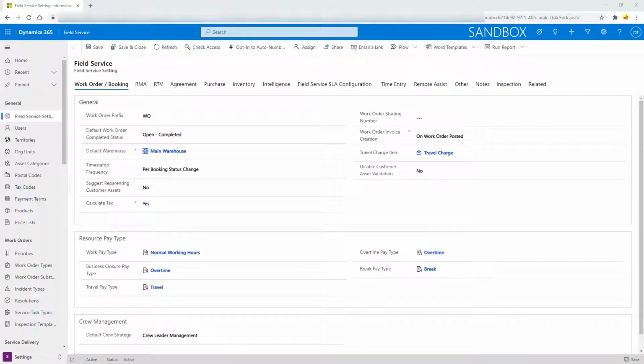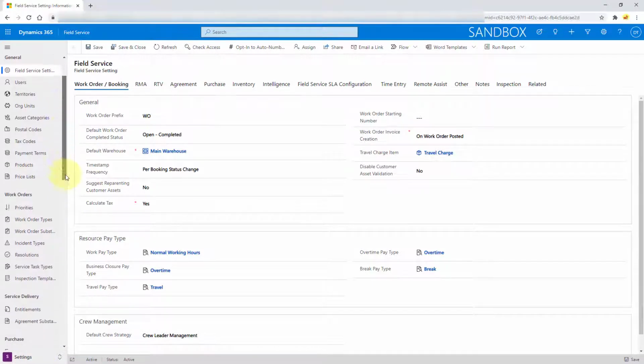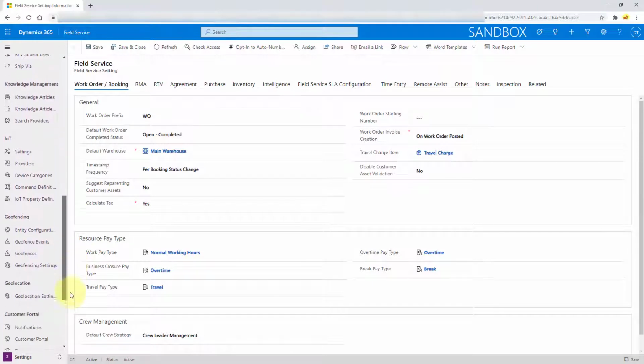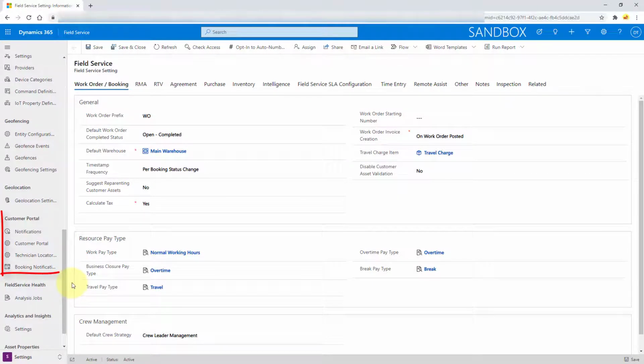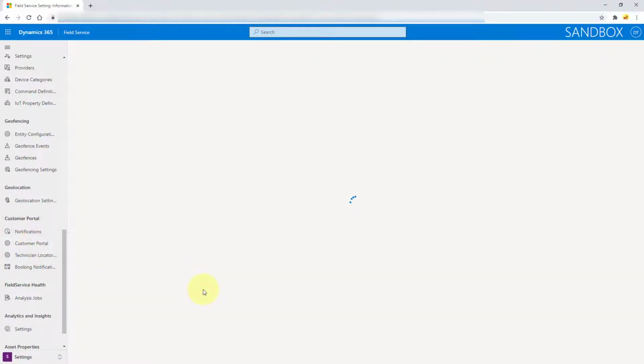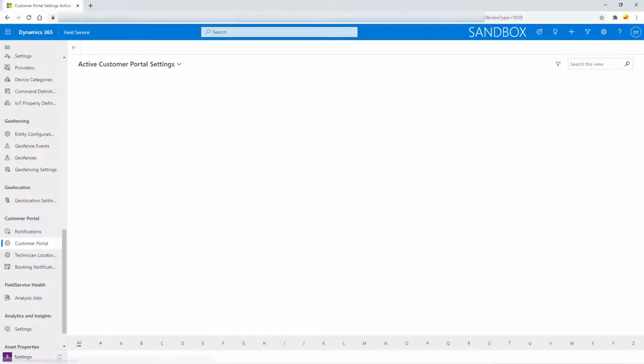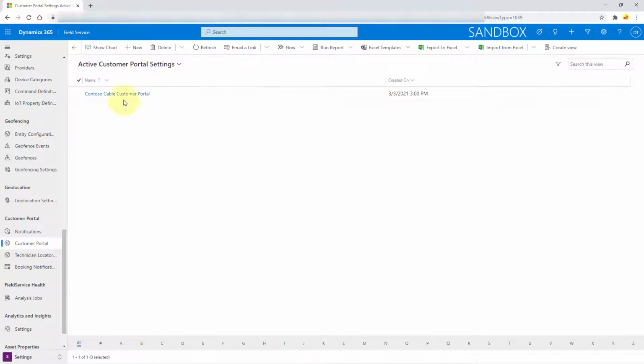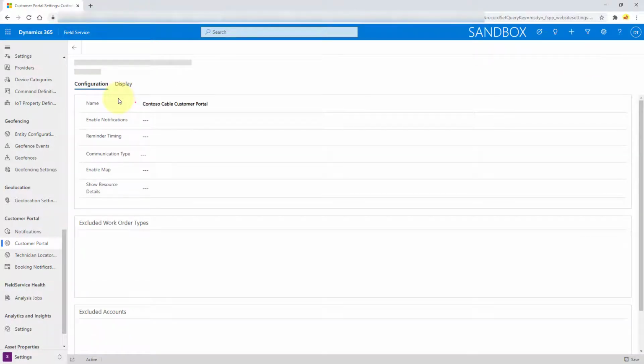So the portal now is installed. So let's take a look here. We can see that I'm in Field Service and I am in the settings area. And if you scroll down here, you're going to see that Customer Portal section here on the sitemap. So I'm going to click here on Customer Portal and I want to show you some of those configuration settings that we have here. So you can see here my Contoso Cable customer portal, and I'm going to go ahead